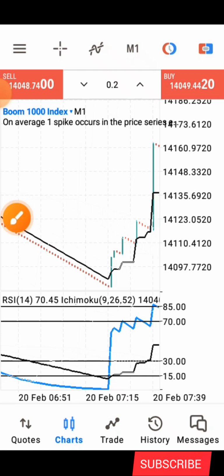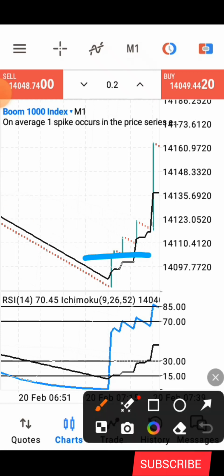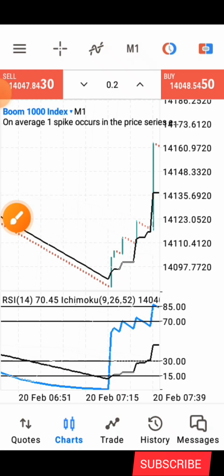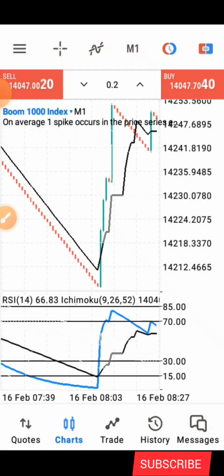All right, but I think the spike catching is more safer, right? So you place your entry here and then your stop loss goes below it, right? Then for the TP, now I've given you the condition, I've given you the entry, and I've given you the stop where to exit the market. Now it's remaining something which is going to be the exit point, right? For your TP, which is going to be the exit point, you are to wait for this. I was saying before, for your TP, you are going to wait for